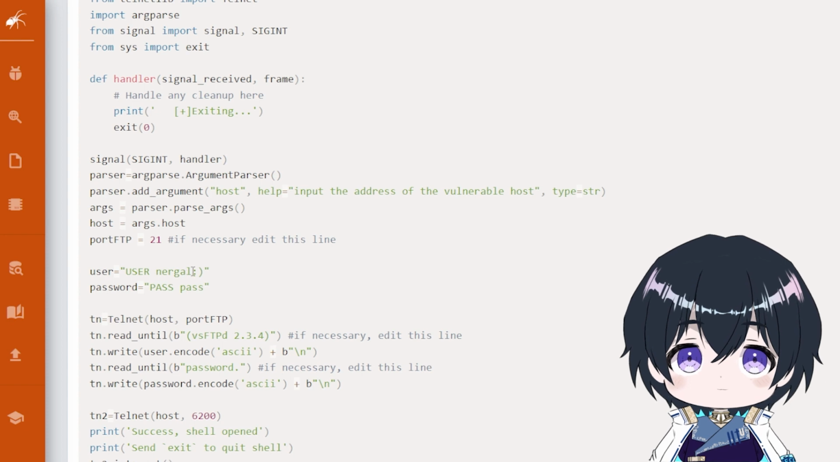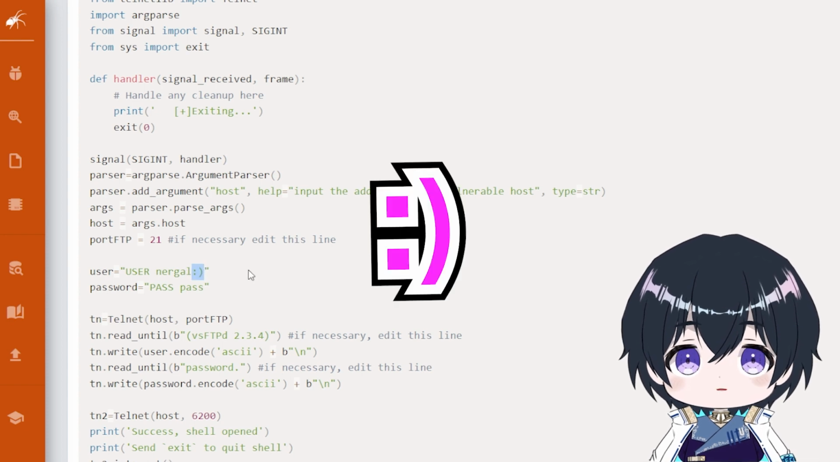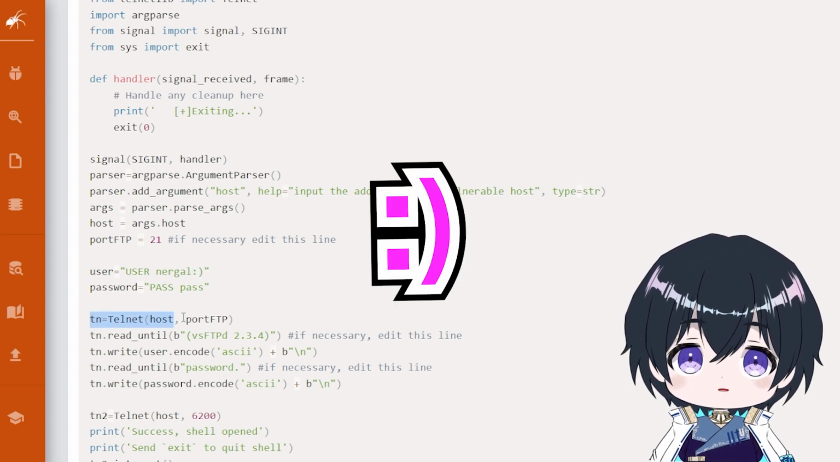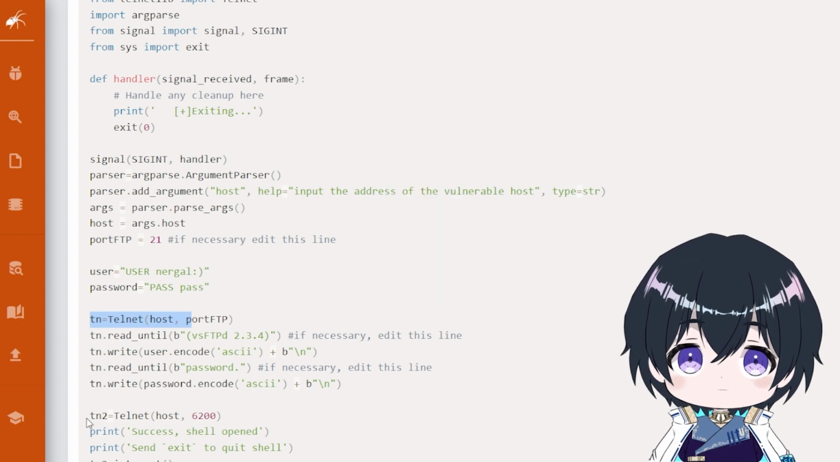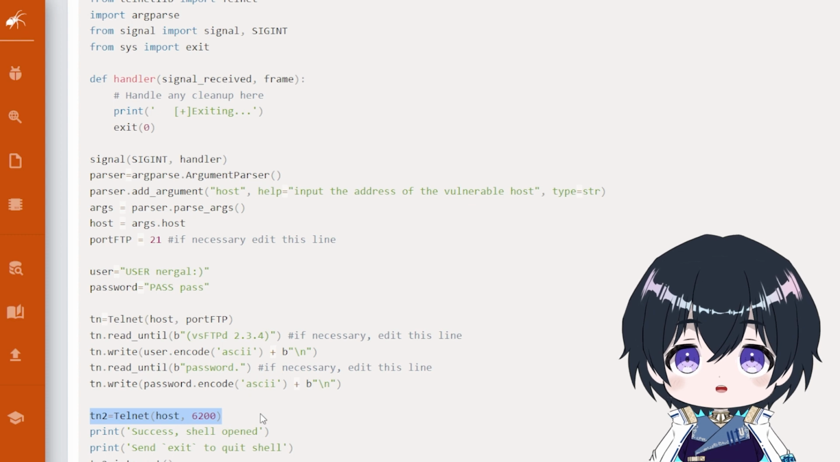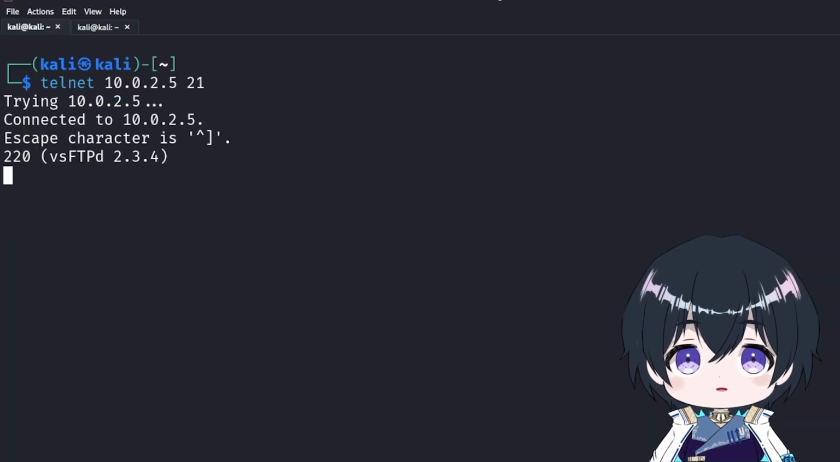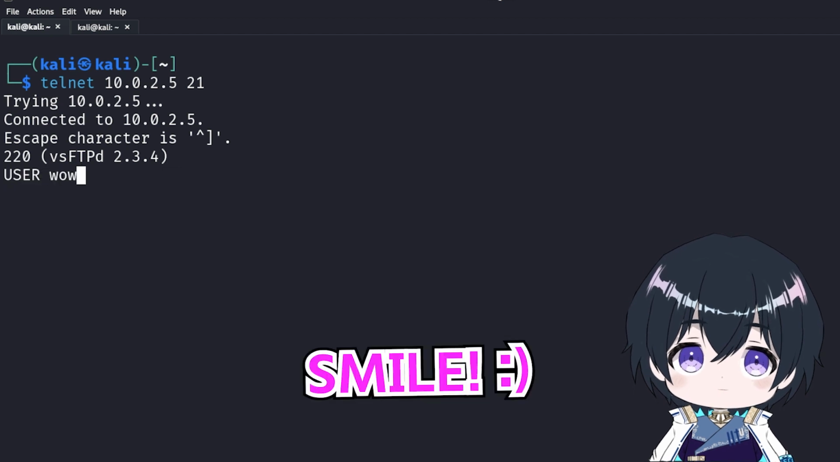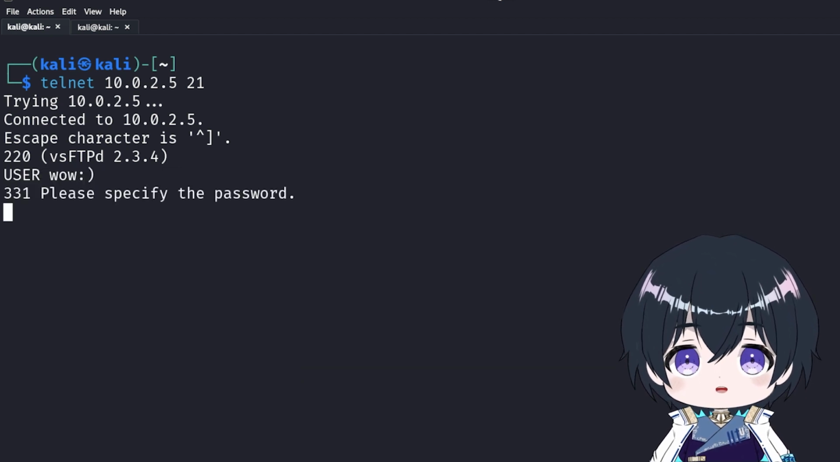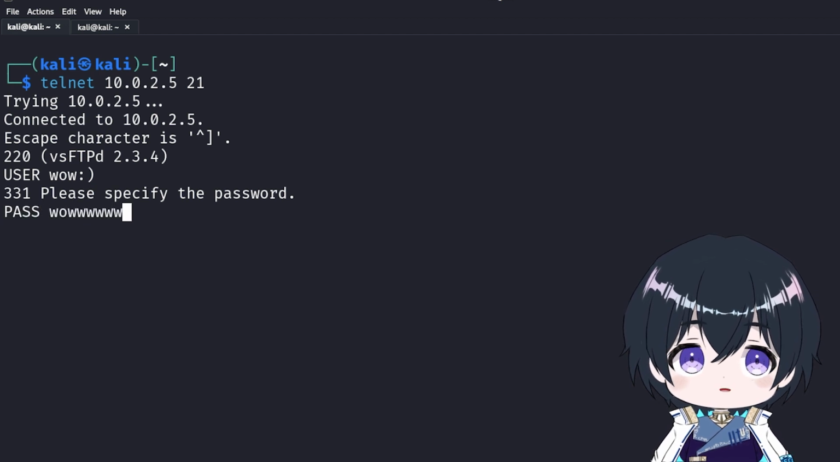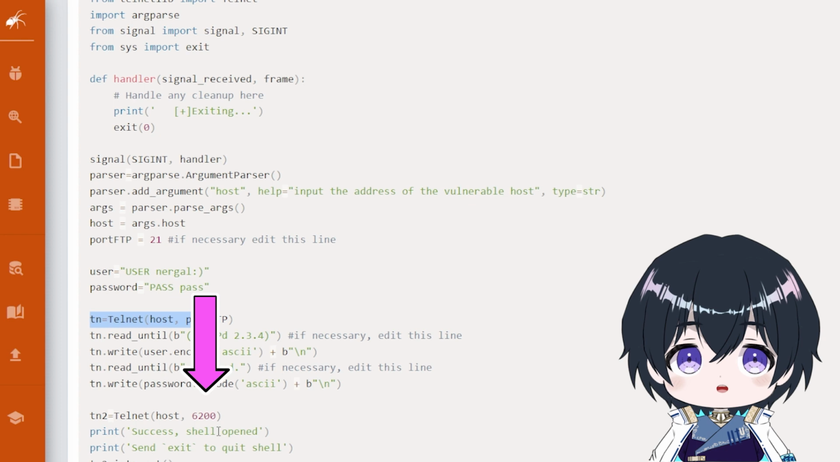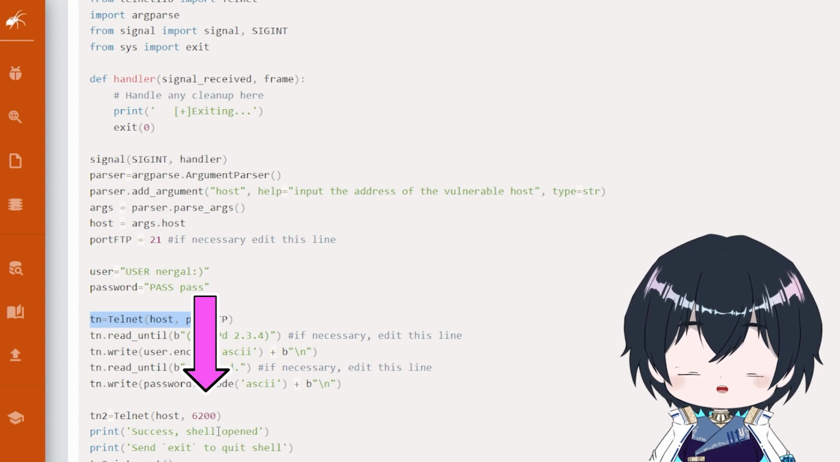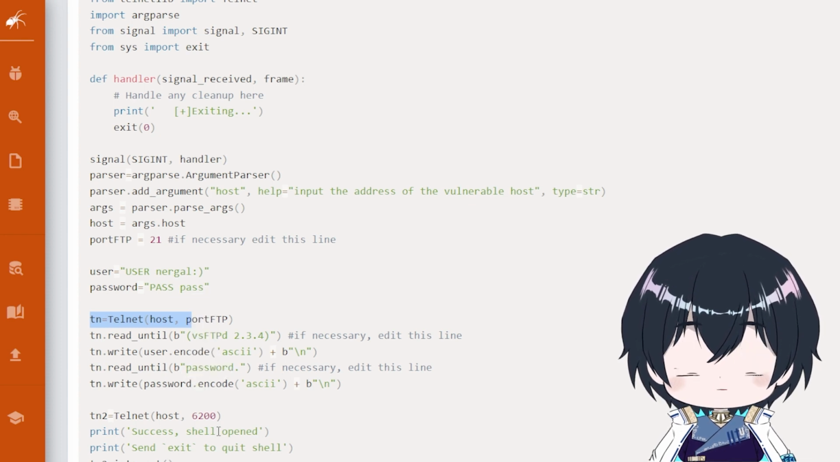This vulnerability opens a backdoor when you enter a smiling emoji in the username during login. This version of VSFTPD may have this vulnerability embedded in the source code. First, try logging in with FTP in the terminal. Don't forget to smile! The next Python code connects to port 6200 using Telnet and seems to give us a shell. In another terminal, type telnet